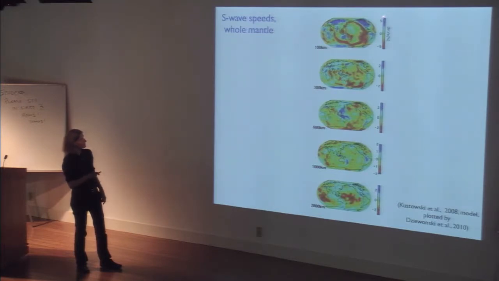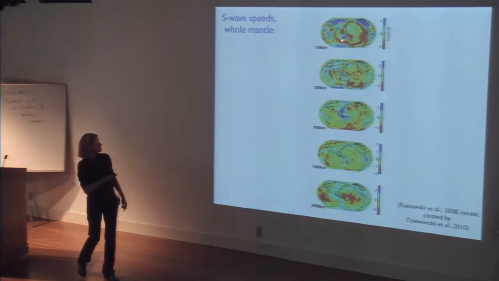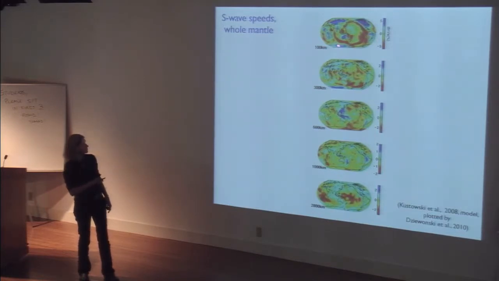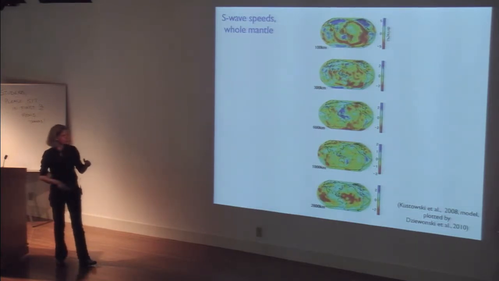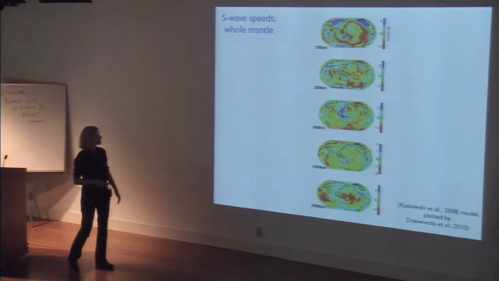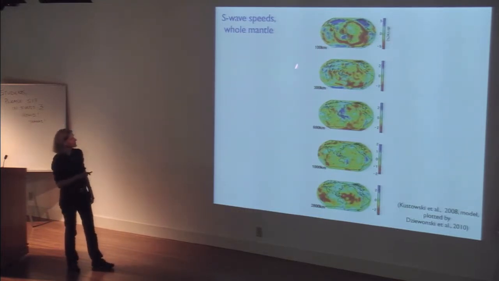You can see up here something like plus minus 5%. The amplitudes decrease as you go deeper in the mantle. Now we're down to something like 2% down there. And you can see very good correspondence with tectonic features at the shallow depths. You go down to 1,000 kilometers, maybe not so much. Okay? So what we're going to focus on for my few remaining minutes of the continental mantle is mostly